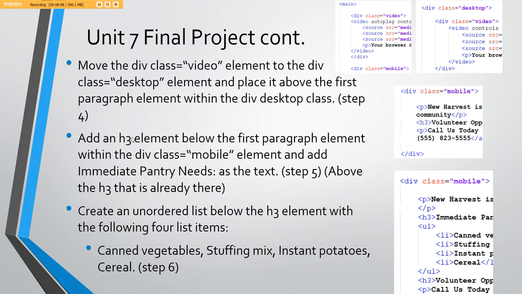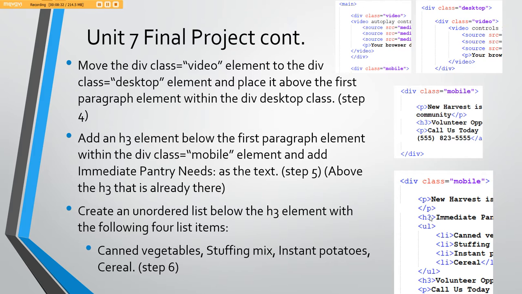Then you're going to add an H3 element before the first paragraph element within the div class mobile. So this is the div class mobile. And there's already a paragraph there which says New Harvest is something. Right after that, you're going to add another paragraph, you see,